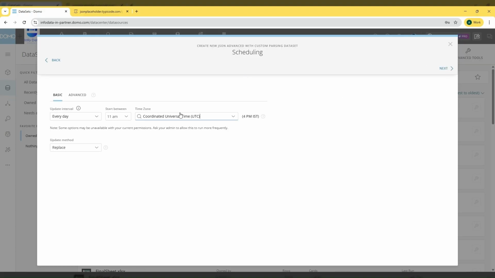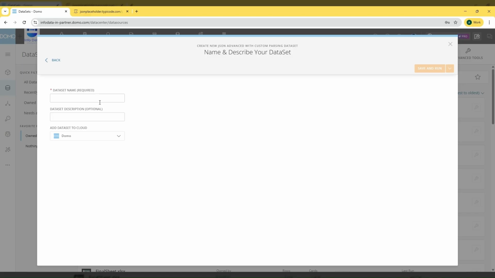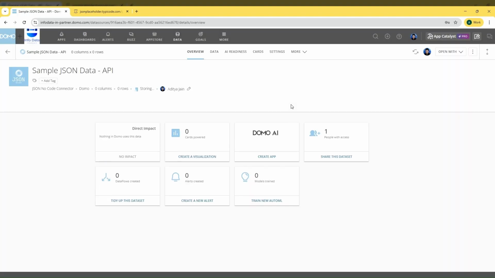I hit next. You can schedule this as well. For now, I'll just keep it manual. I click next. Now you can give this a name. Let's say sample JSON data API, and save and run. Now let us see how